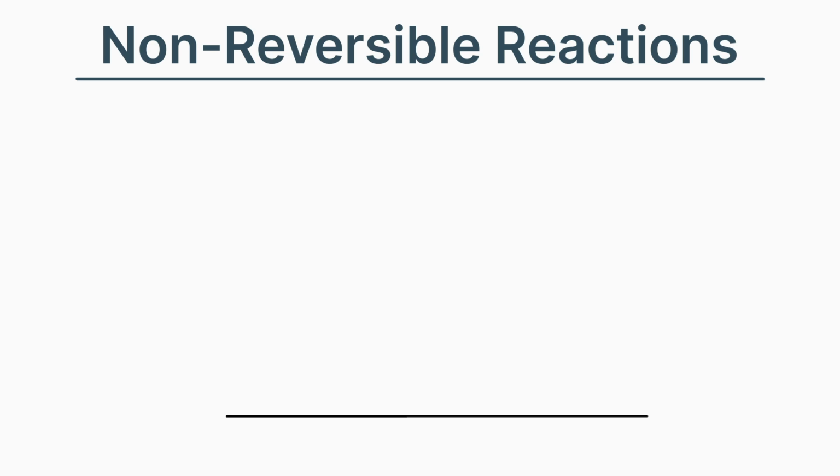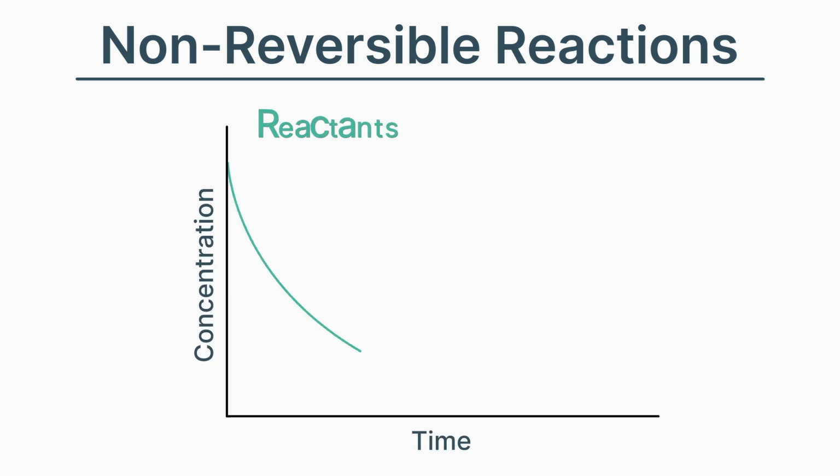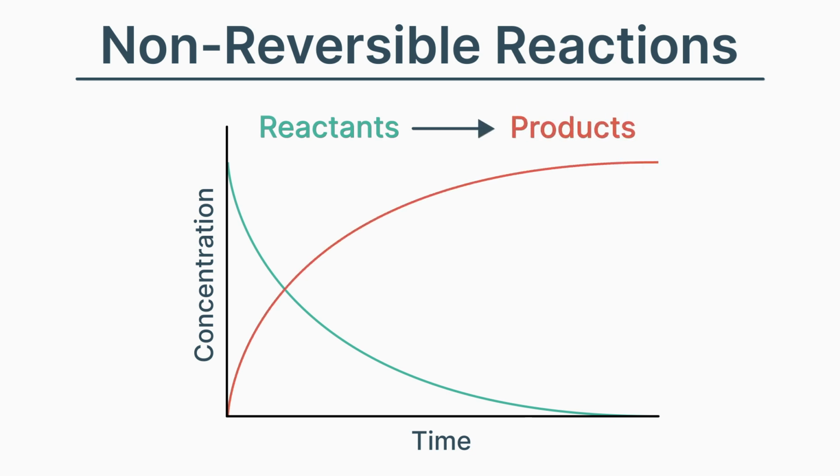As we've seen up to now, most reactions run to completion. These reactions are called non-reversible reactions. Almost all of the reactants are converted into products. A typical graph like the ones we have seen before in rates of reactions is shown. The reaction starts with just reactants present, and as the reaction proceeds, they are all converted into products, until at